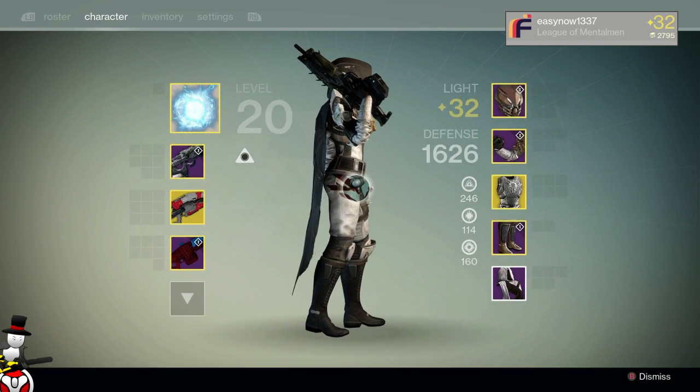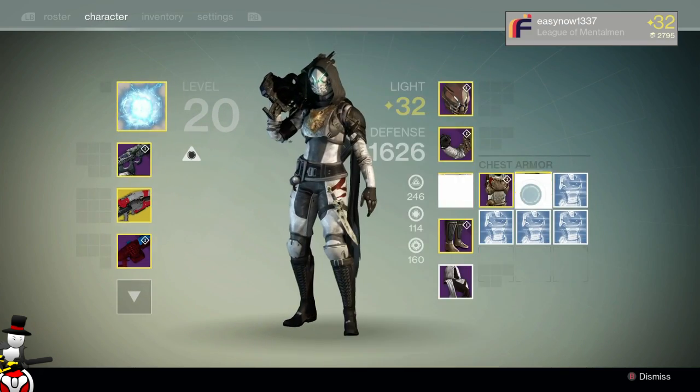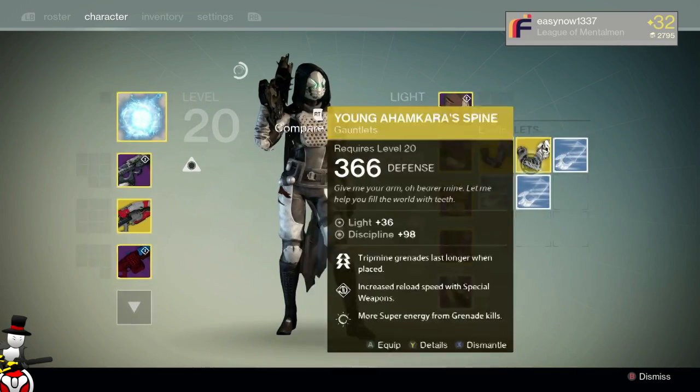We've got these red things on the side of the Hunter as well. But it does fit well with the Lucky Raspberry, in my opinion. I think that looks pretty cool. Let's just switch up the arm pieces. So with the